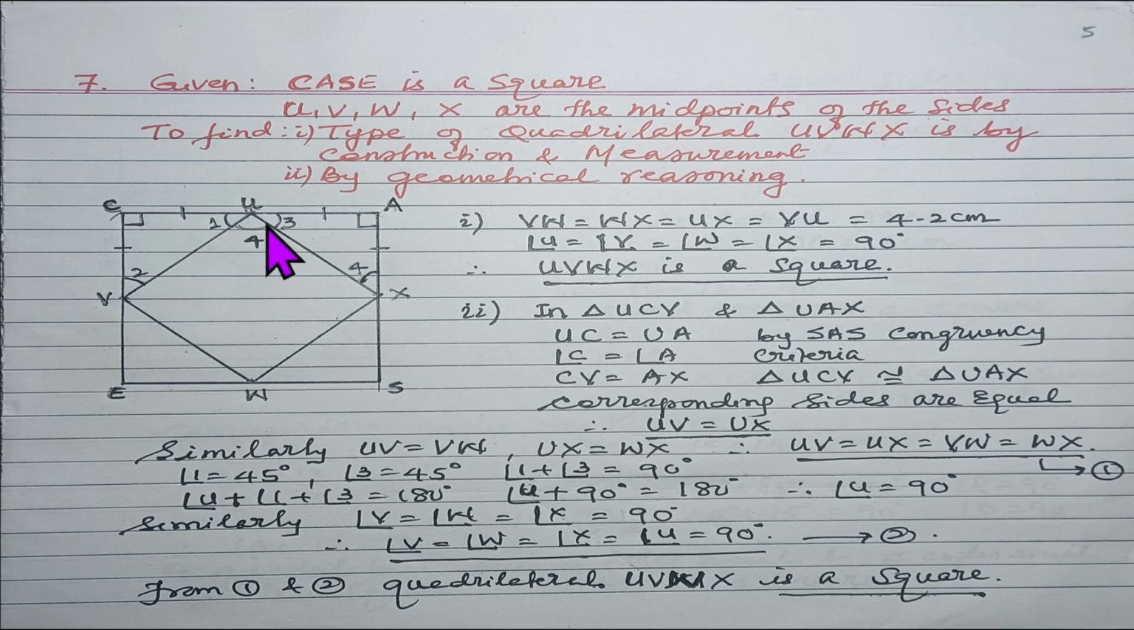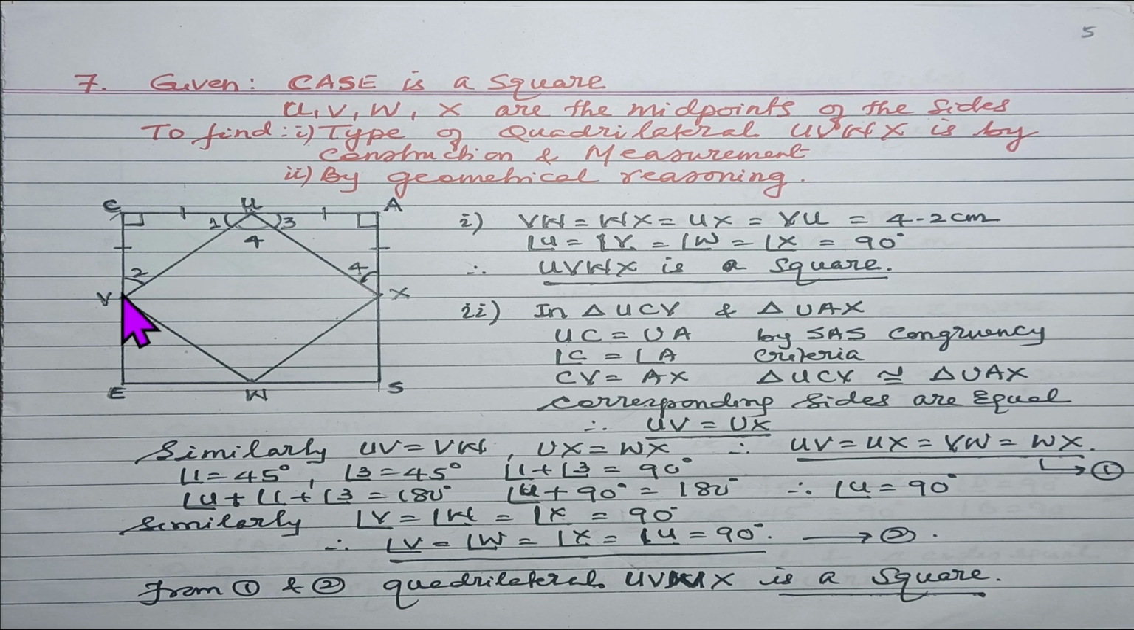Now in the same way, with the same reasoning, we have angle V is 90, angle W is 90, and angle X is also 90. Therefore the quadrilateral UVWX is a square. And also one more thing we have to understand here, because these two triangles are congruent,